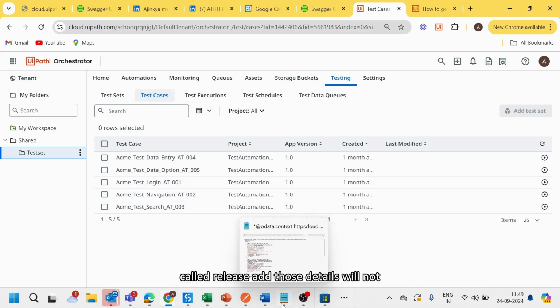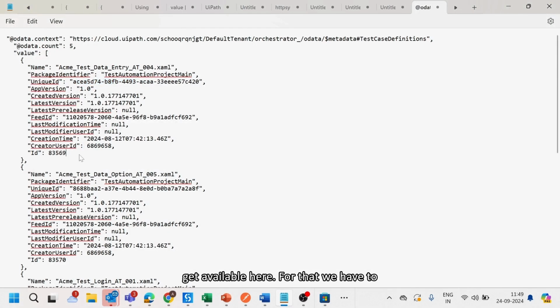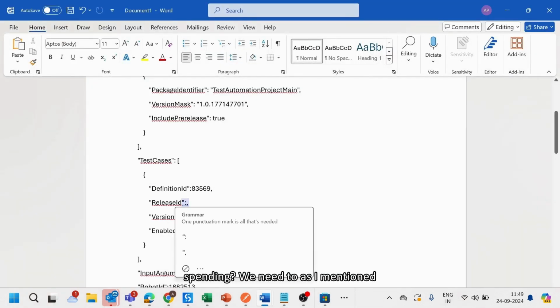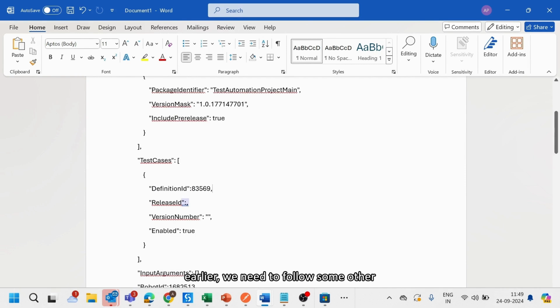Those details will not be available here. For that, we have to follow one more approach. I will tell you that. Apart from that, what is the next one? Release ID is pending. As I mentioned earlier, we need to follow some other approach to fetch the release ID. Okay. Then version number. Version number is nothing, we already covered, right? While we put the project package name from the orchestrator, the same package, same version only we are going to follow. Same version